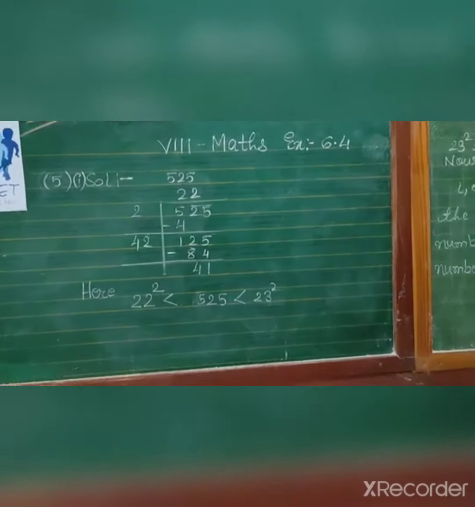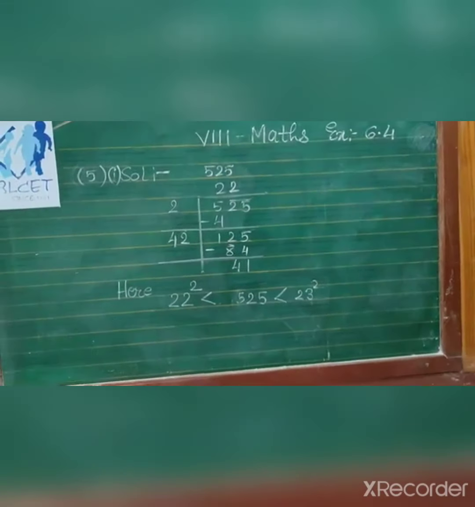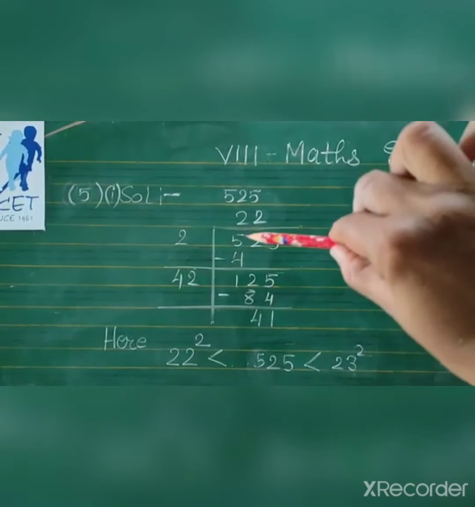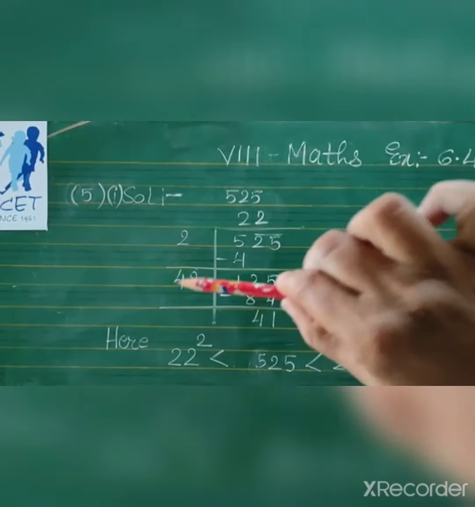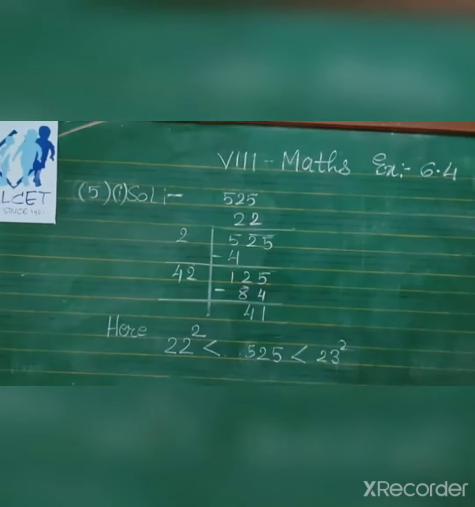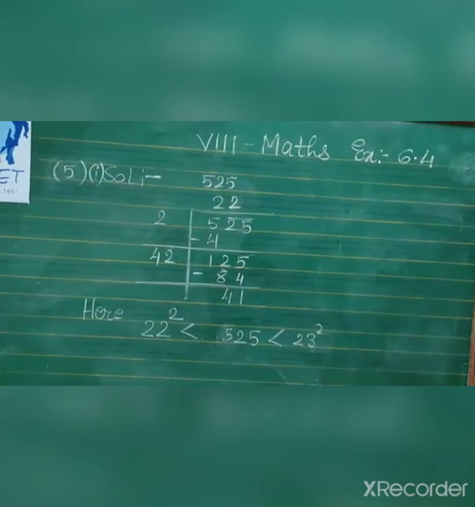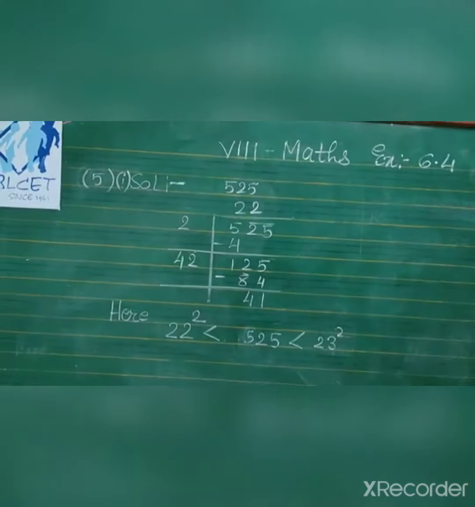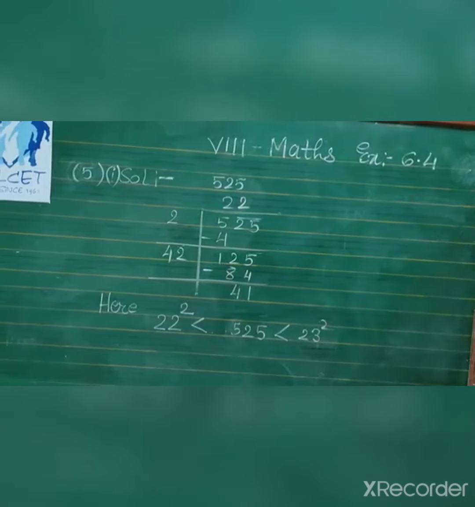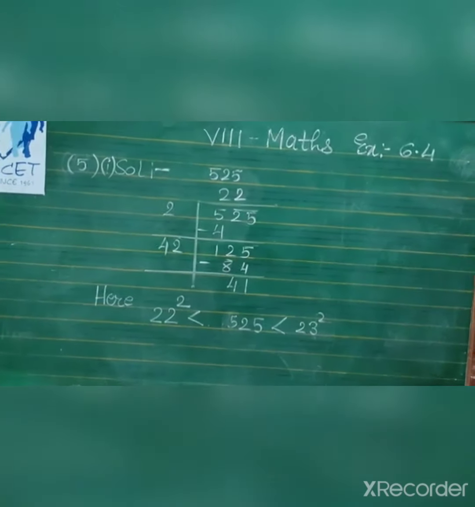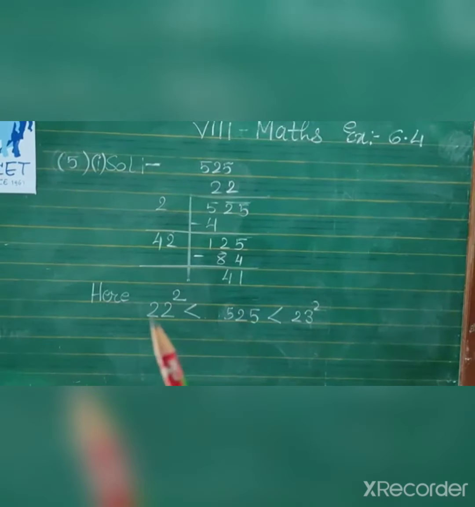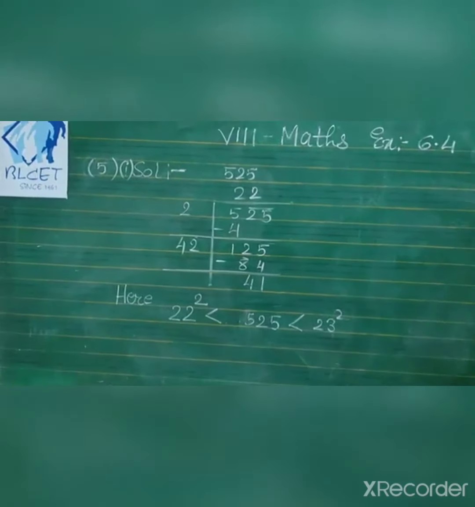Okay. Now see here, first by the long division method, the given number is 525, so form the pairs, 25 and 5. 2 2s are 4, and 2 and 2 make 4. Now when you multiply, if you take 3, you get a greater number, 43 into 3: 3 3s are 9 and 3 4s are 12, 129. And if you take 2, you get 84. Subtraction is possible, but the number will not be a perfect square. That means the square root of this number is between 22 and 23, but we can only add.